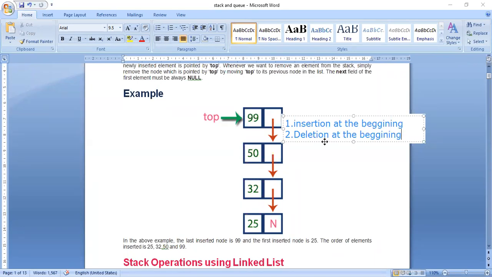So if I implement these two functions in a single linked list, insertion at the beginning and deletion at the beginning, these are nothing but push and pop. This is nothing but push.